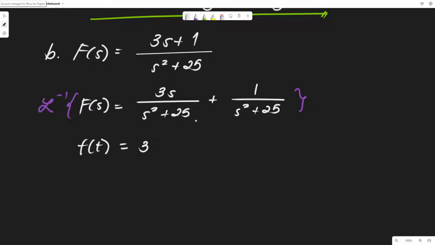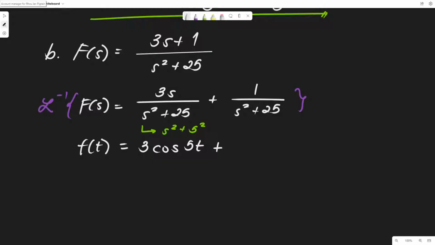Cosine at. So, we need to transform this 25, which is equal to a squared, into a. So, since a squared is equal to 25, a is equal to 5. So, we have 3 cosine 5t. Okay, kasi again, this is just the same as s squared plus 5 squared, no? So then plus,